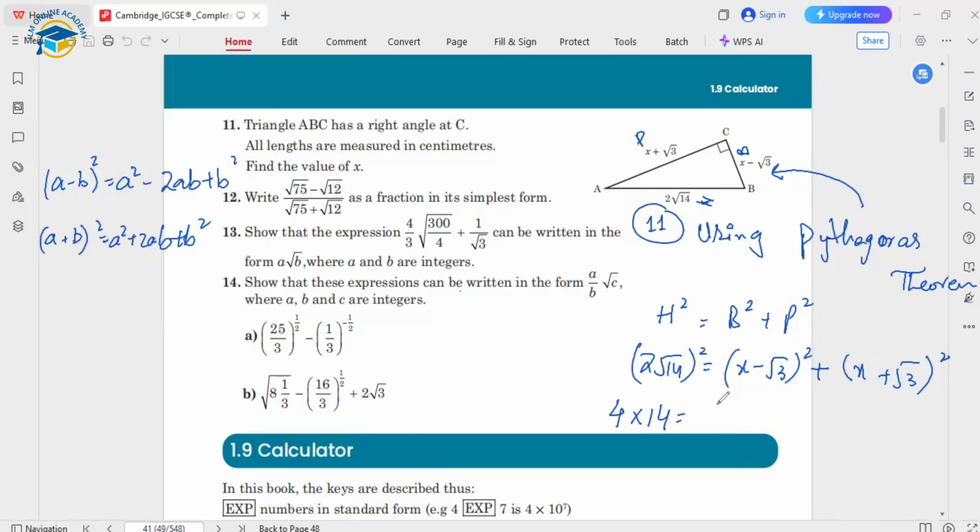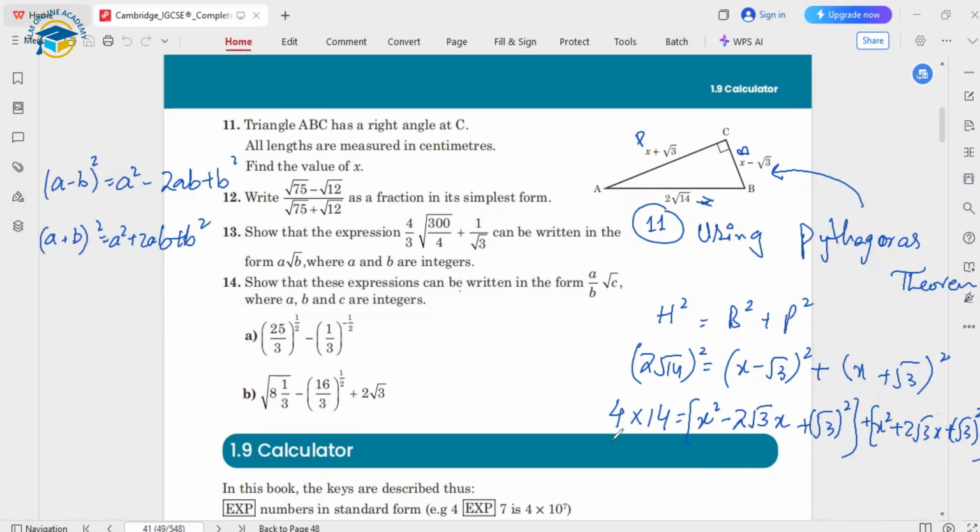Okay. So a over here is represented by x and b is basically square root 3. So accordingly, we will apply. First of all, a square, that is x square, minus 2 times a, which is x, and b, which is square root 3. I'm writing 2 square root 3x, and plus square root 3 whole square. This is for the first part. Plus, similarly we need to open up the other one, but with the plus sign. So x square plus 2 square root 3x plus square root 3 whole square.